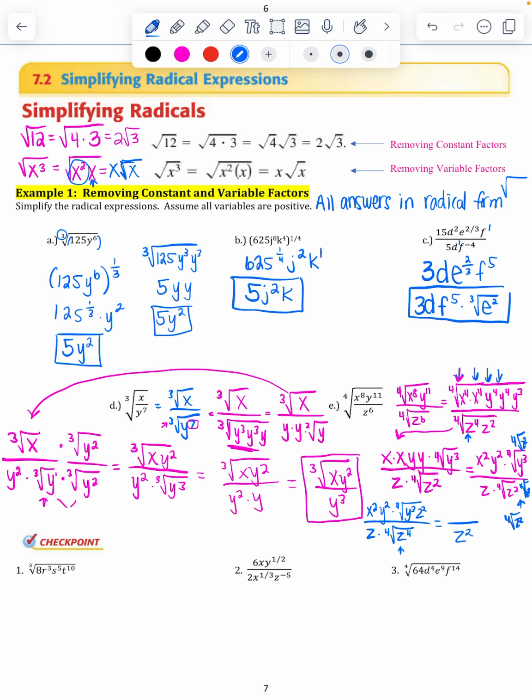And my numerator would be x squared, y squared, times the fourth root of y cubed z squared. That would be the final